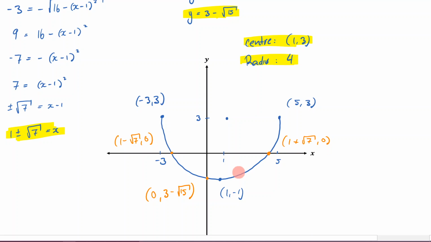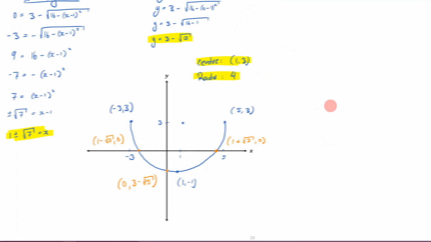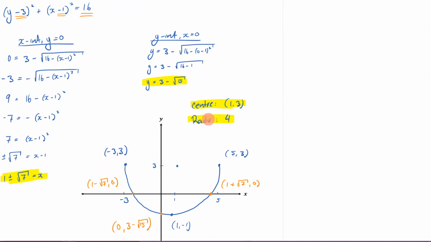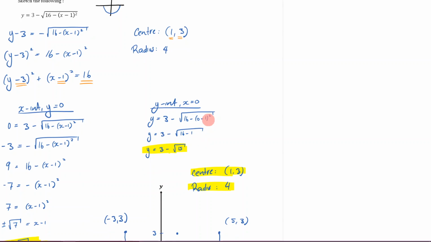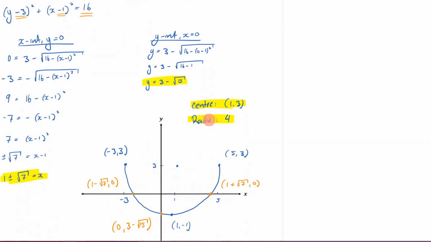Labeling the actual intercepts is the most important thing. In your test, it will specify what it wants labeled, but I can almost guarantee you they always want the actual intercepts labeled. And that's it. That's how you draw your semicircle. Hopefully this made sense. This is the last part of this video. So now you're going to go on with the exercise